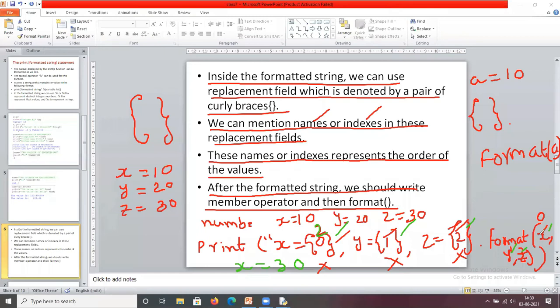Or you can specify the names also, for example, 1 equals x. You can specify like that also. We will see the example, then you will understand. After the formatted string, we should write the member operator and then format. So dot format. Okay, we will see it practically.